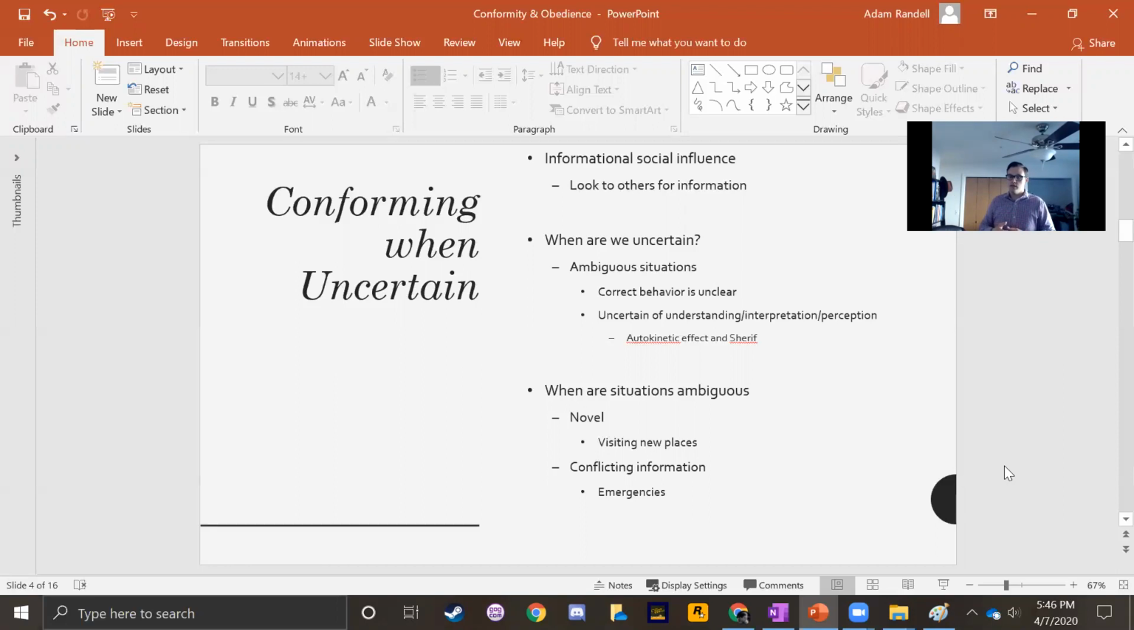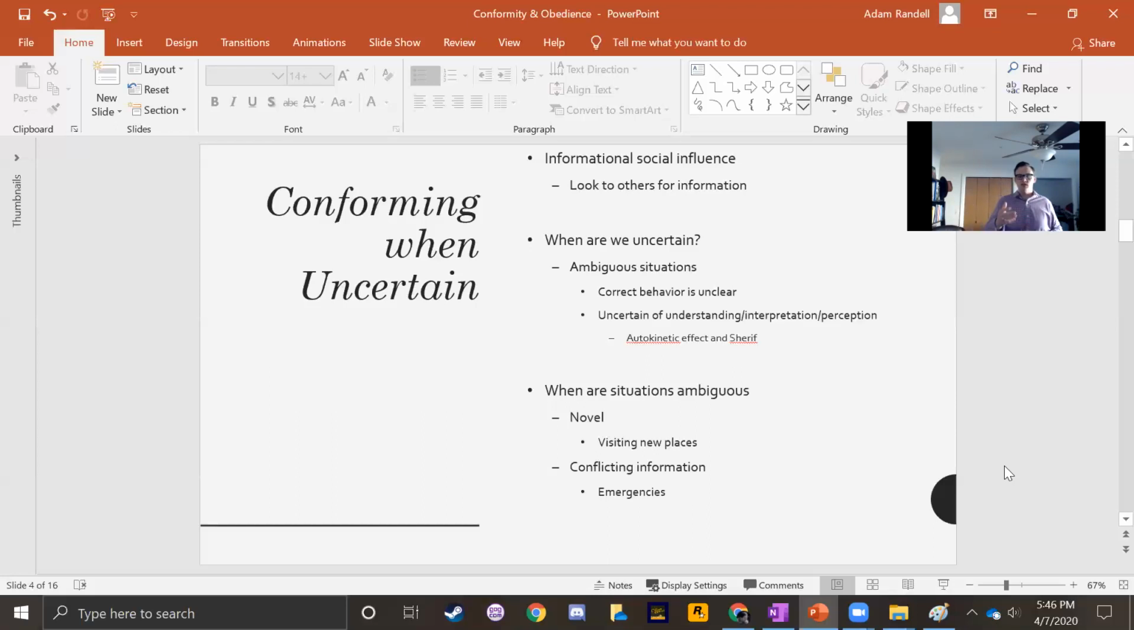They conformed. So again, in this situation, Sherif has created an uncertain situation. He's created a situation that's ambiguous. And again, when we're uncertain, we tend to look to others for information about what to do and conform to it,